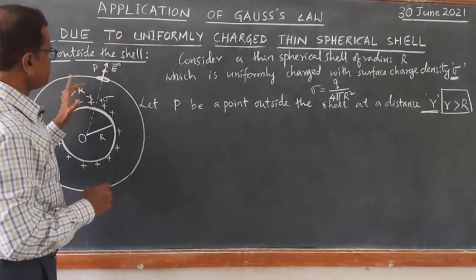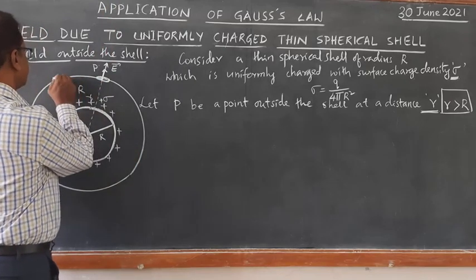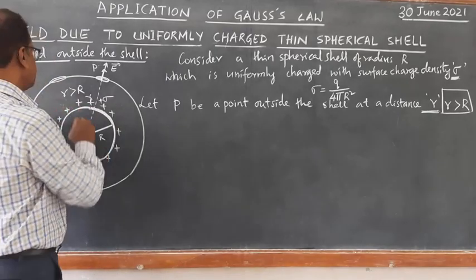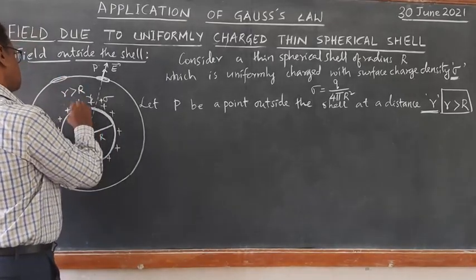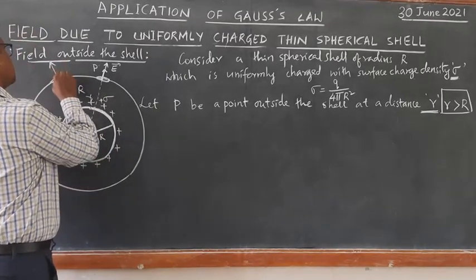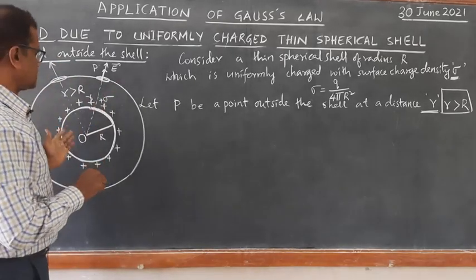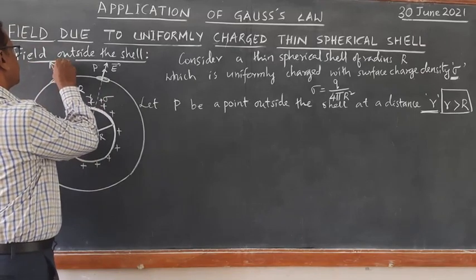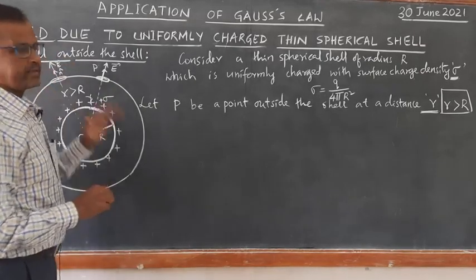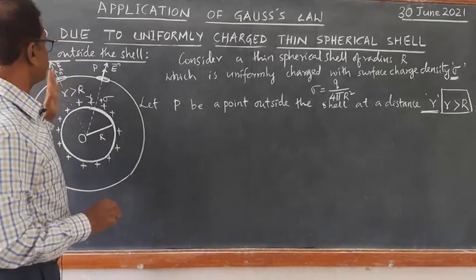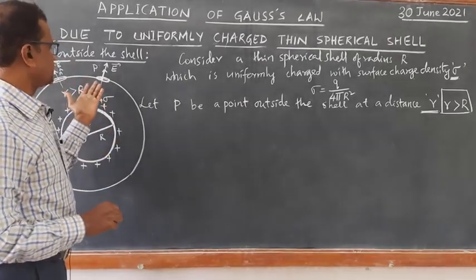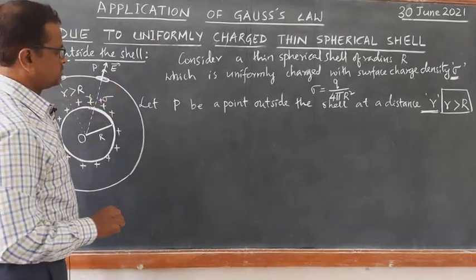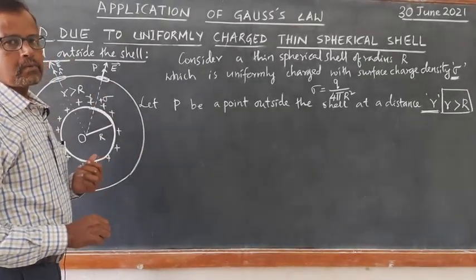Okay. So everywhere, if you just think a small area ds of this Gaussian sphere, the electric field is radially outwards with the same value, because it is at a distance small r, and area vector and electric field vector are in the same direction. Area vector and electric field vector are parallel to each other, so that cos theta becomes cos 0, which is 1. So we can very easily apply Gauss law.